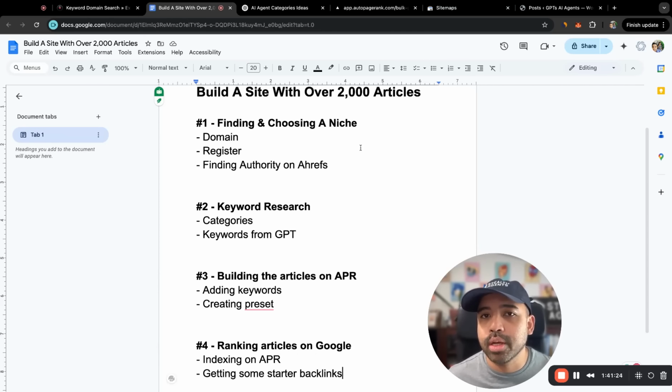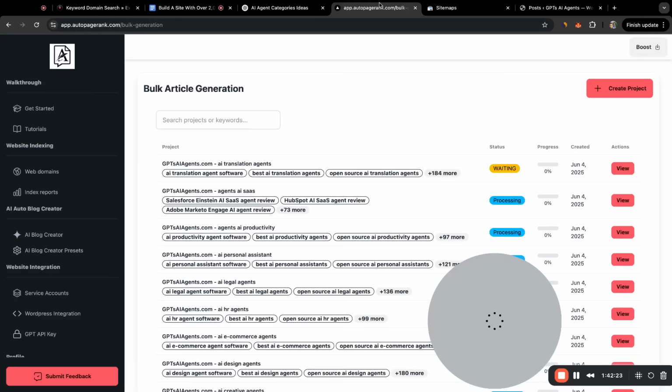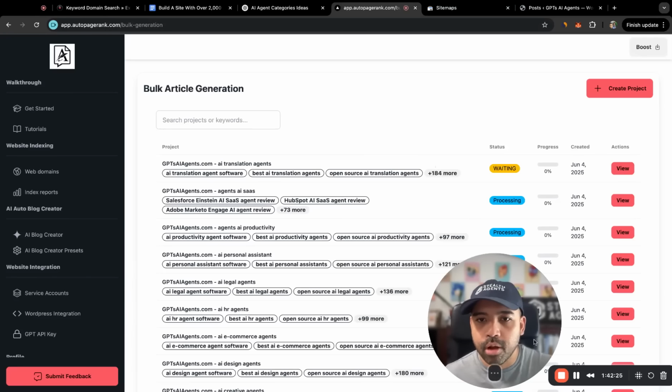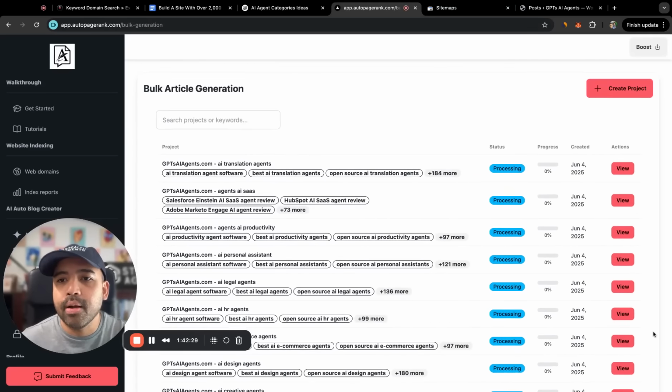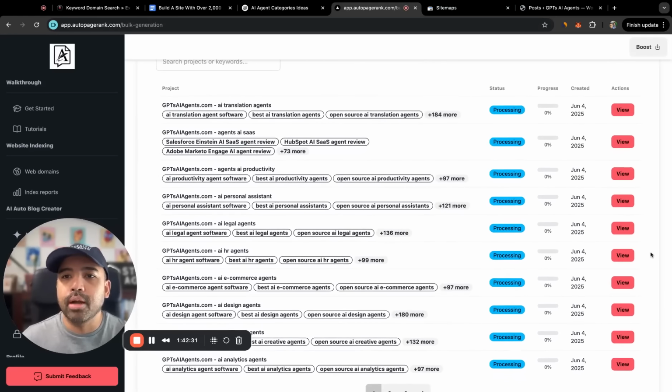The next step here is we got to build some authority on the website. So we're going to start building some backlinks, which we go over later on in the tutorials as well for auto PageRank. But you can see here, this is essentially how we get traffic from Google. Now, it's not going to happen overnight. It might take 3 to 6 months for us to get a lot of traffic. But what we've normally seen is that within 30 days, we can start getting our first few clicks from our website as Google is